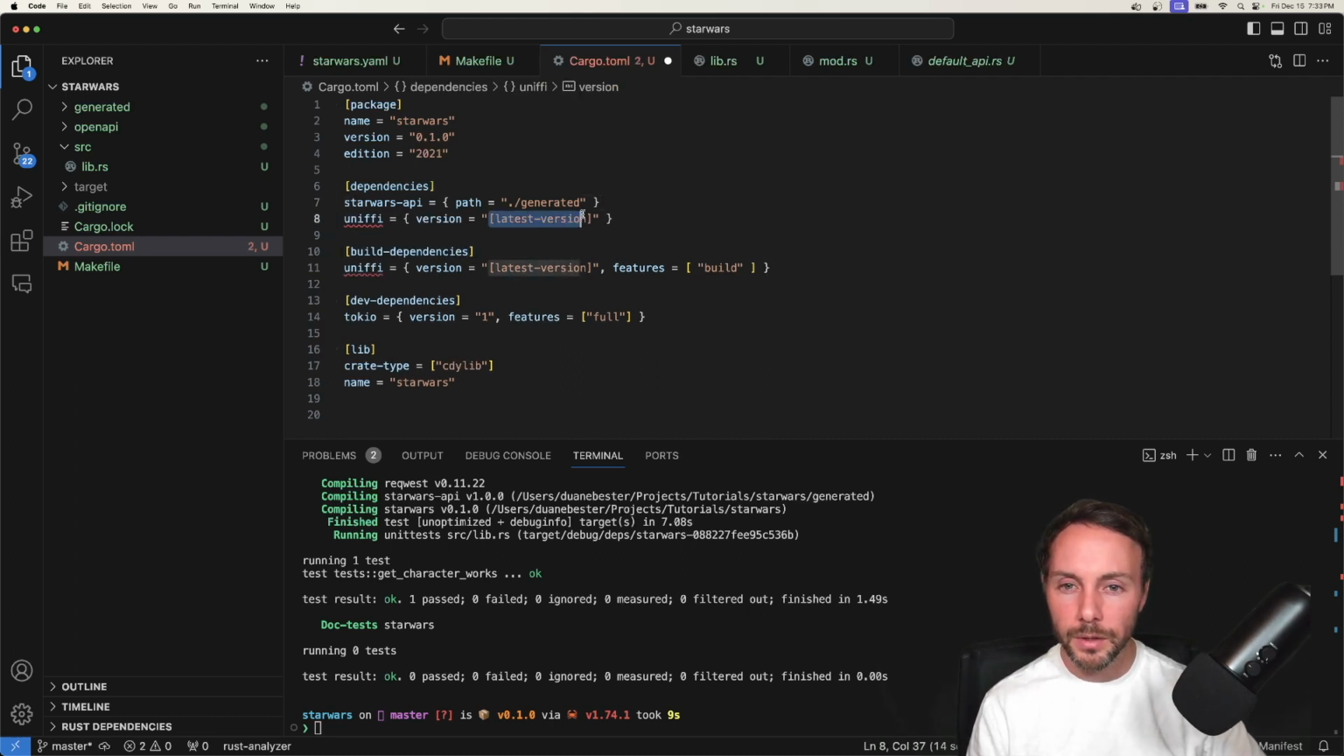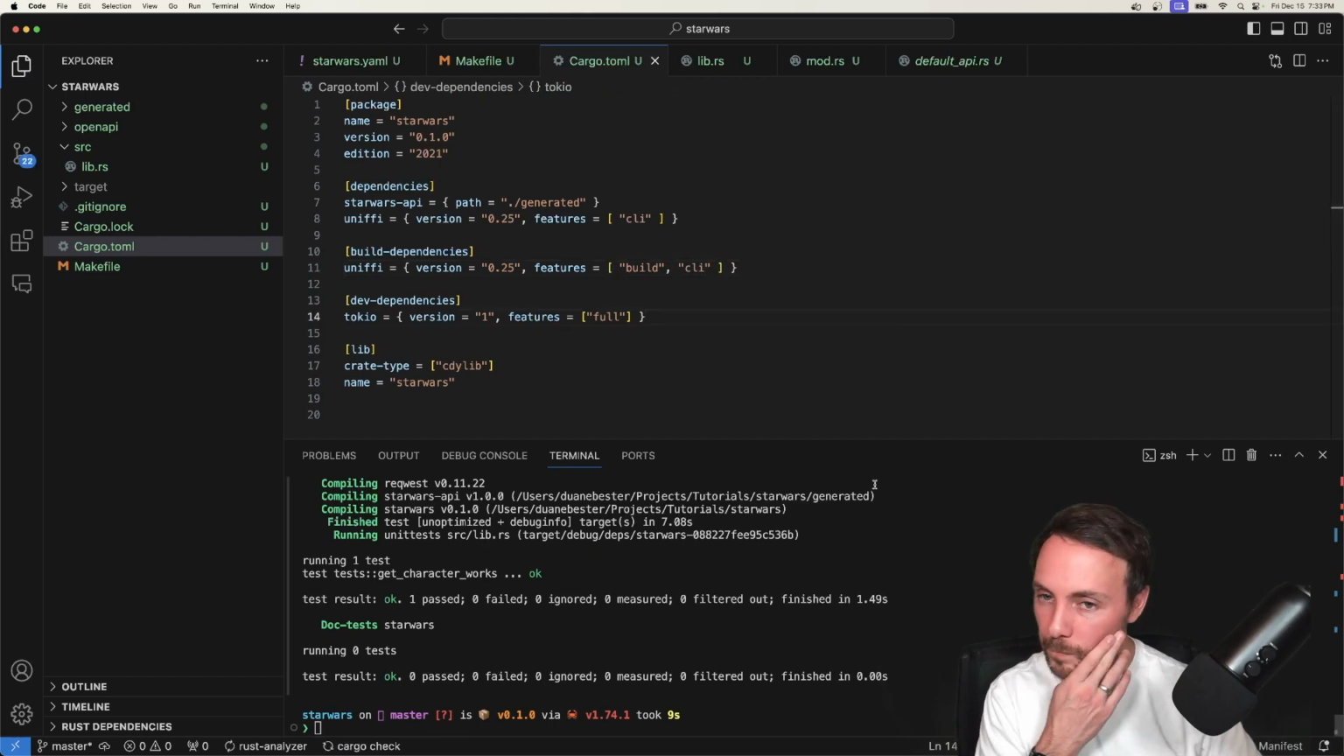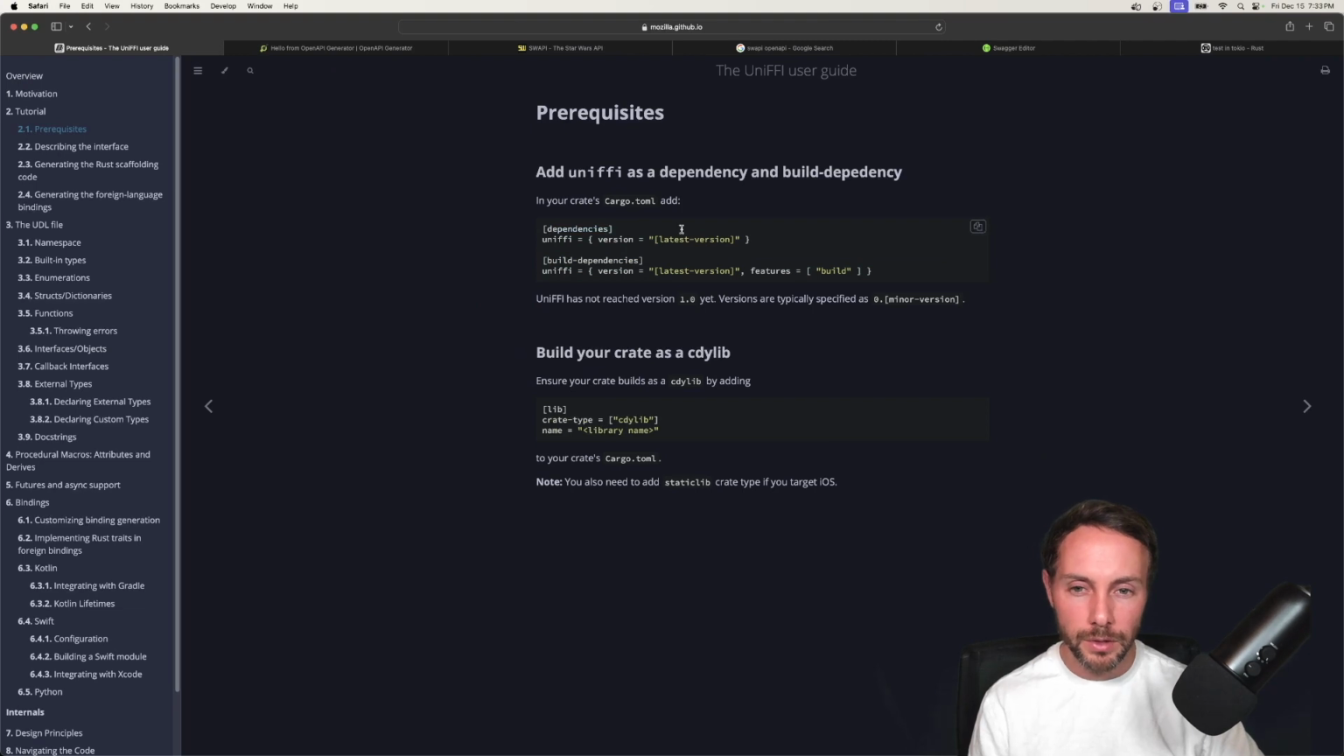So I think the latest version of this is 0.25. And then actually we will need features here. Okay, but then for here, we'll want the CLI. All right. Okay, so we've added this dependency, and